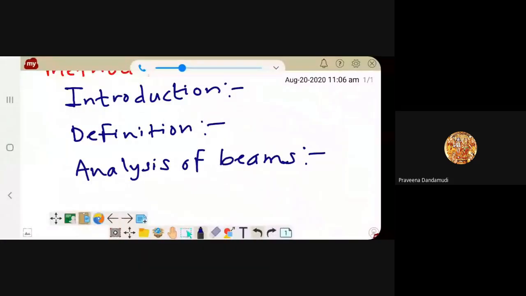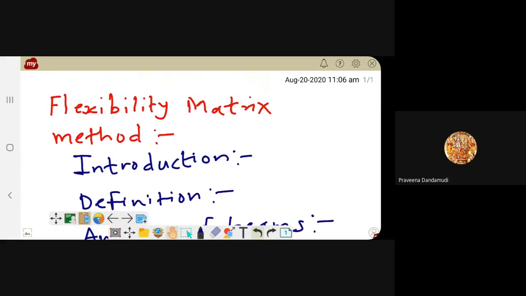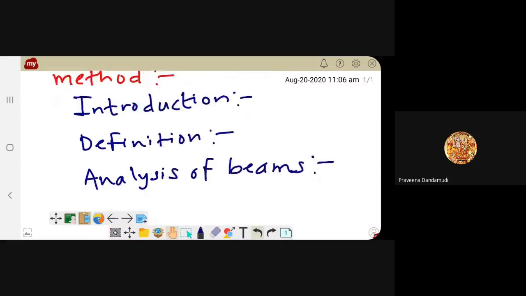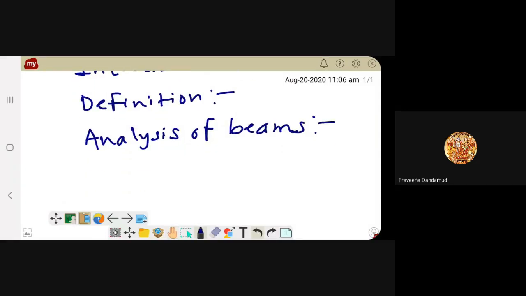Okay, right. Today's point of discussion is the flexibility matrix method. In that, first we have to see the introduction, what exactly the flexibility matrix method is, and the definition of the flexibility matrix method, analysis of the beams using the flexibility matrix method, followed by analysis of portal frames as well as the trusses, analysis of frames,